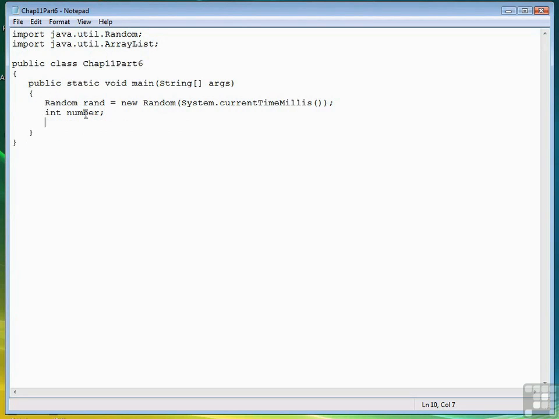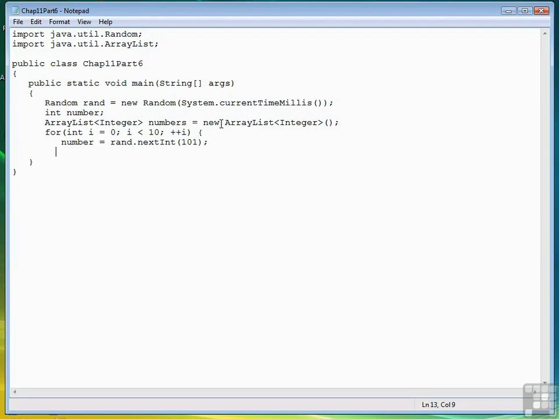We'll leave our random object in our variable. Then we'll create a new array list, like so. Then we'll write a loop. int i = 0; i < 10; i++, we'll do 10 numbers, number = rand.nextInt(101), and then we'll put that number in our array list, numbers.add(number), close the loop, and then we'll display the numbers,